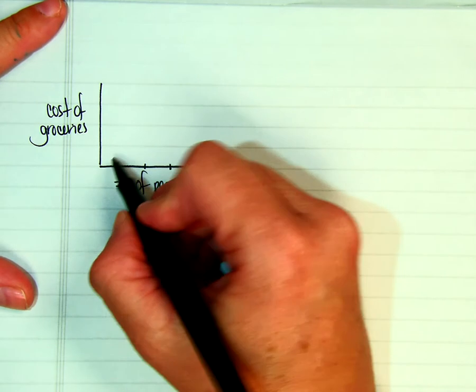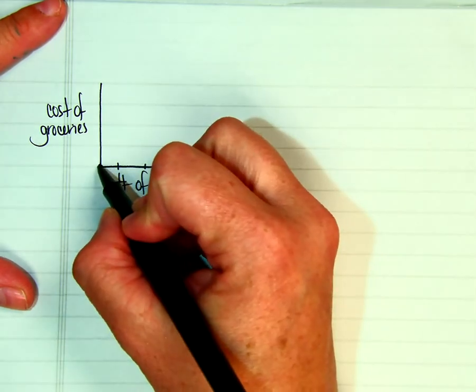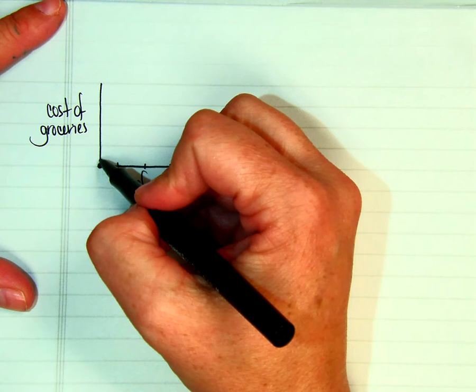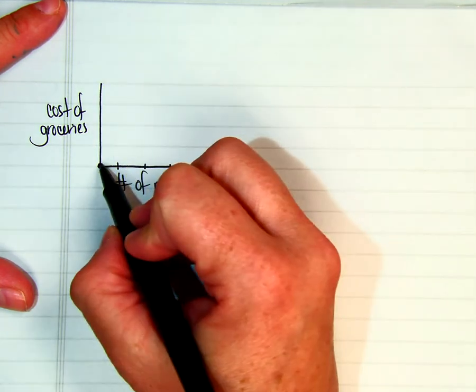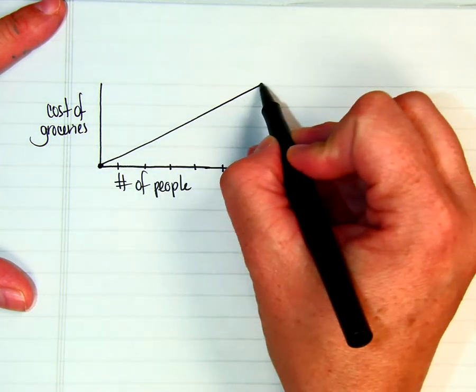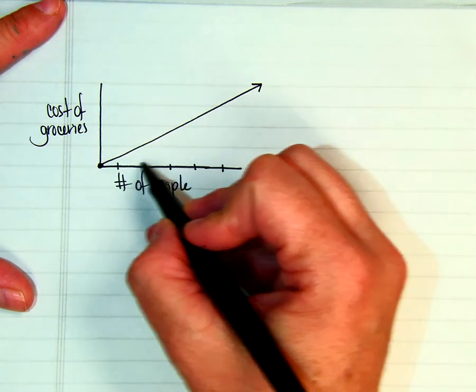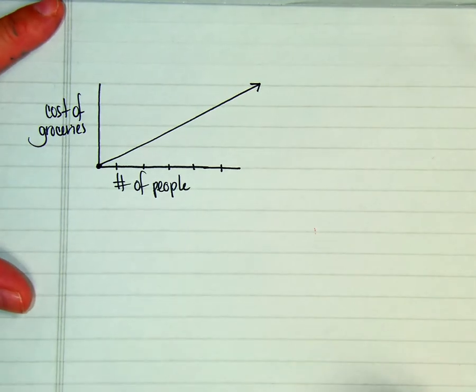But if we had 0 people, we would have 0 cost of groceries. I think we can all agree on that. And as the number of people go up, so does the cost of groceries. However,